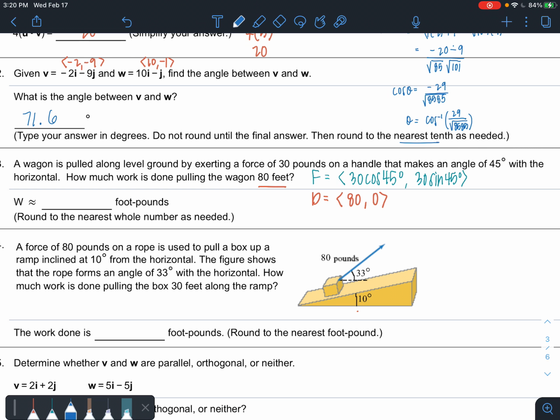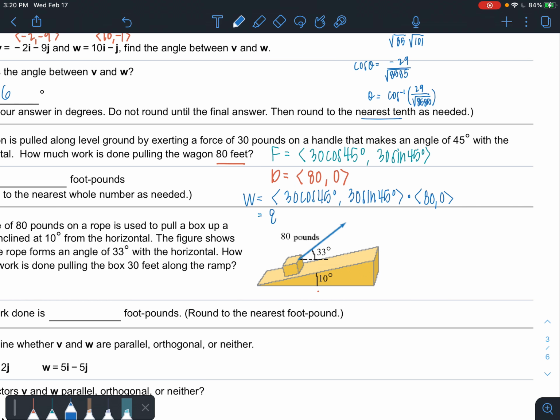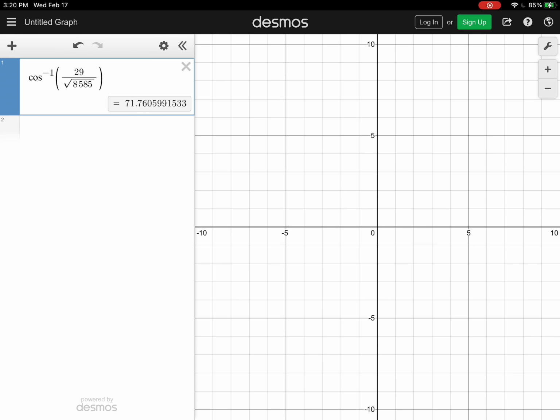All right, so then our work done is going to be 30 cosine 45, 30 sine 45, dot 80, 0. So we end up getting, run out of space here. We end up with 80 times 30, which is 2400 cosine 45, and then 0 times anything is 0. So 2400 cosine of 45